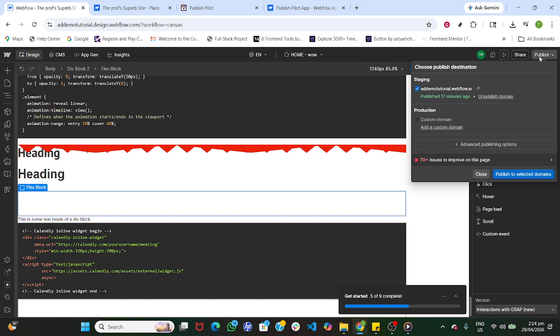If something needs polish, return to the Style panel to adjust alignment, wrap, or gaps until everything feels balanced. That's it. You've located the right element